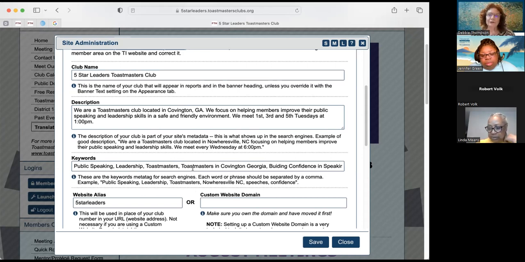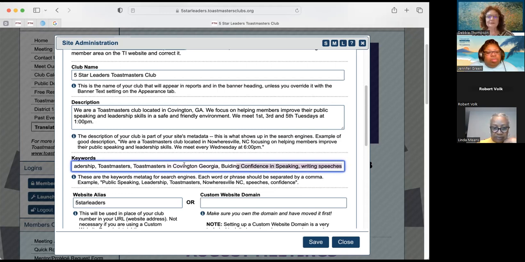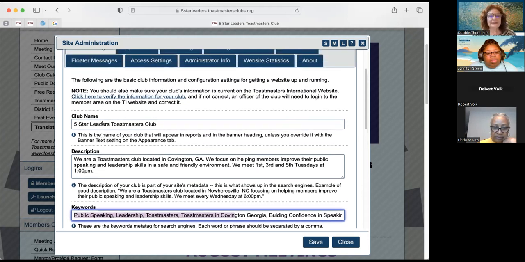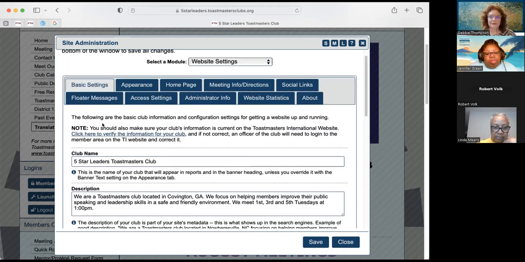But one thing you can do for your club, think about how people are going to Google you. If they're looking for a club, they may say, I want a club in Henry County, or I want a club in Covington. I want a Toastmasters club, you know, specifically some location. So make sure that you have keywords that would mimic what people are looking for in Google searches or searches in search engines. Okay. So you may want to just take a look and make sure those things look good for you, or you get specific if you need to. And let's see. So that really is all I wanted to talk about here. It may just be a good idea for you to review it every once in a while, and then you can see if it needs an update.